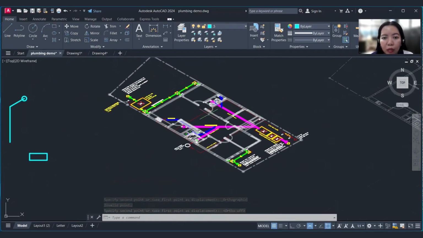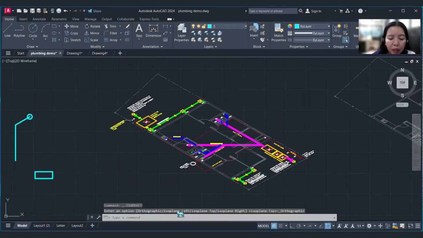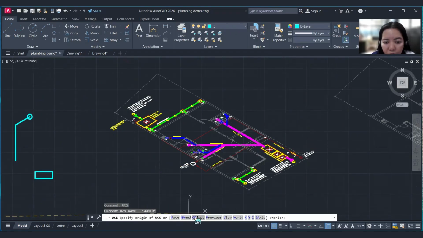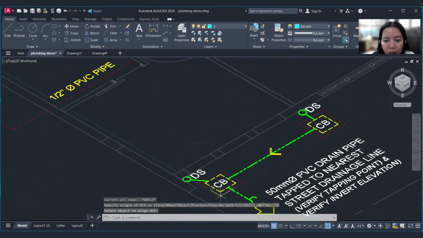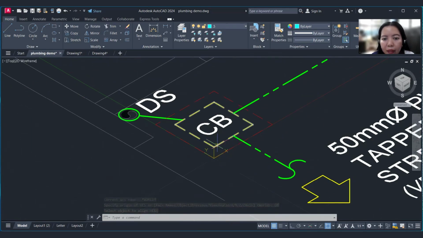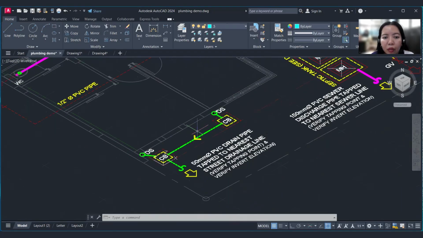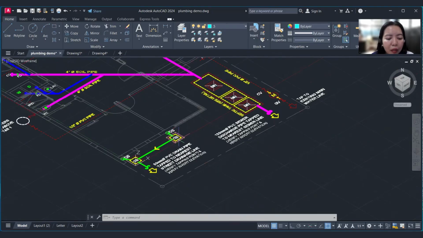Now let's do it using your UCS, which I prefer because it's a lot easier. Let's turn that off and then type in UCS, enter. This time you click on object and then just select any square. So select that and then you'll notice that the X, Y, Z crosshair has changed. My UCS is that part. The good thing about this is that it's a lot easier to move your UCS, and so forth. So let's try and make a rectangle,